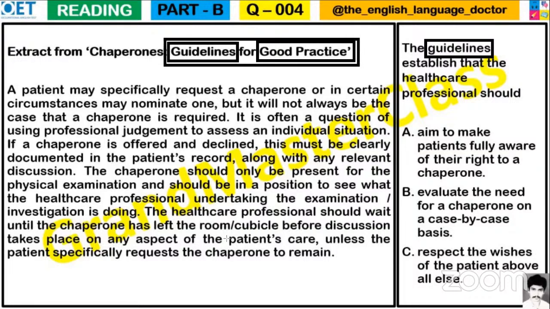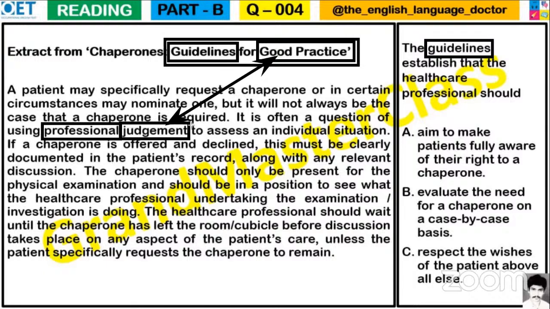Good practice means you have to judge whether it is good or not. So simple as that. Why are you worrying too much? You should judge properly. You should have professional judgment